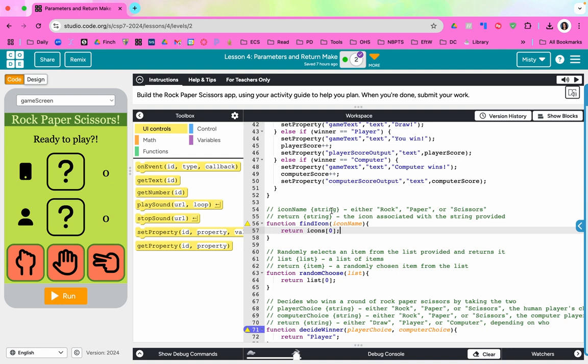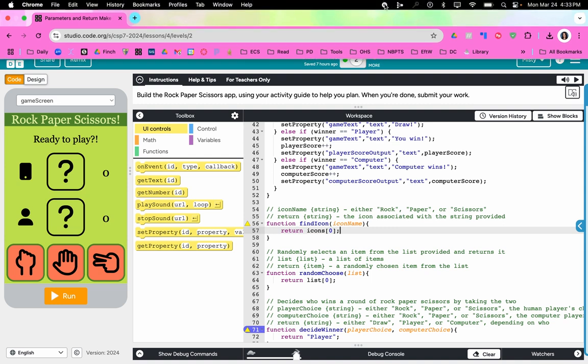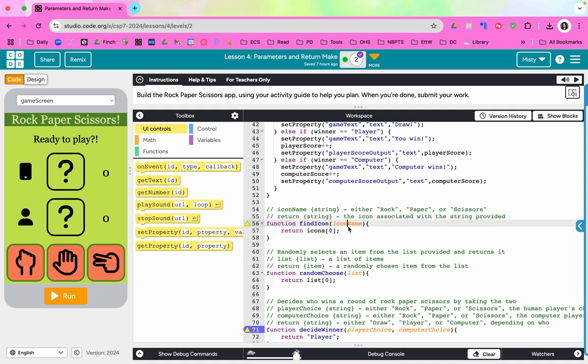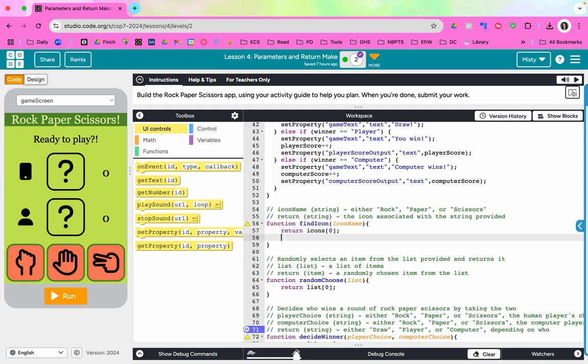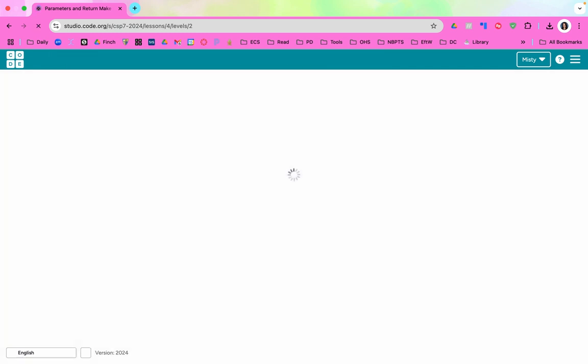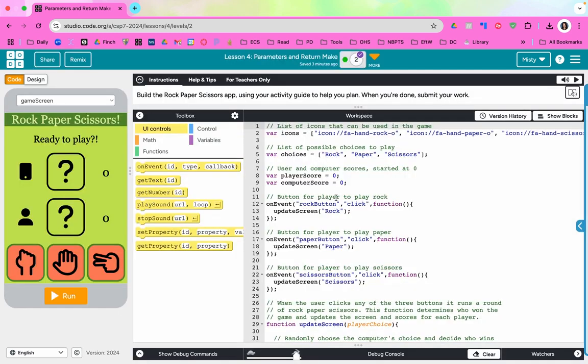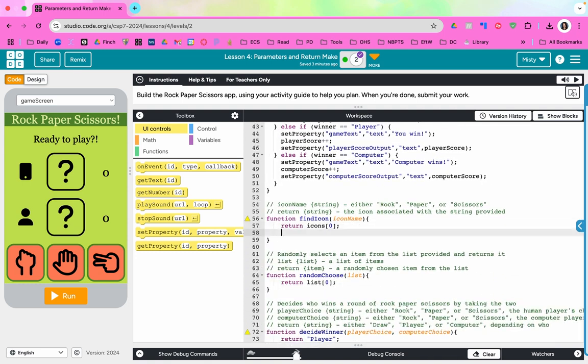So, icon name string, either rock, paper, or scissors, and then return string, the icon associated with the string provided. So, we need an if statement here. All right, if icon name is what? Anyways, if icon name is,